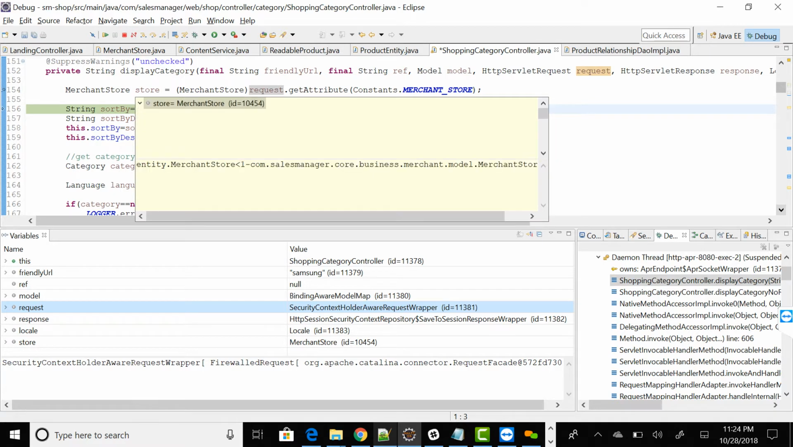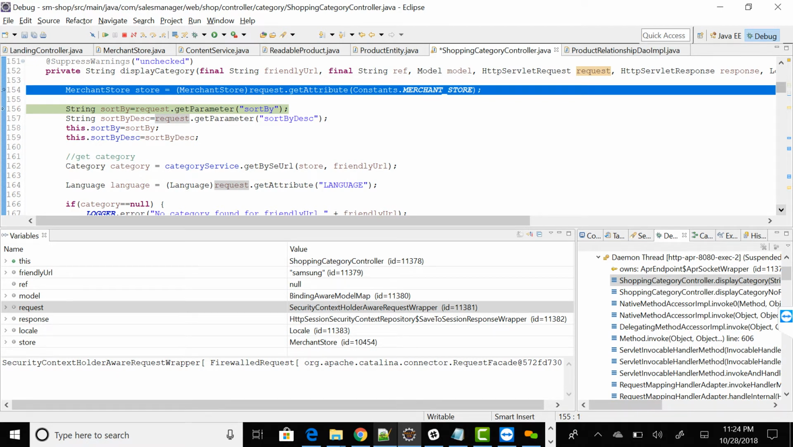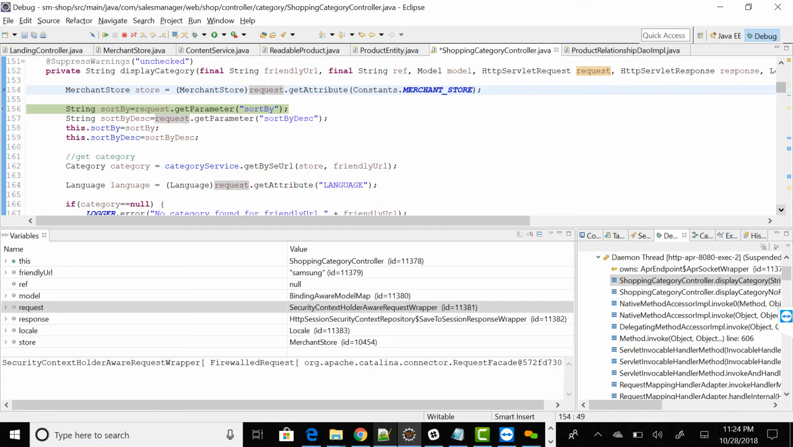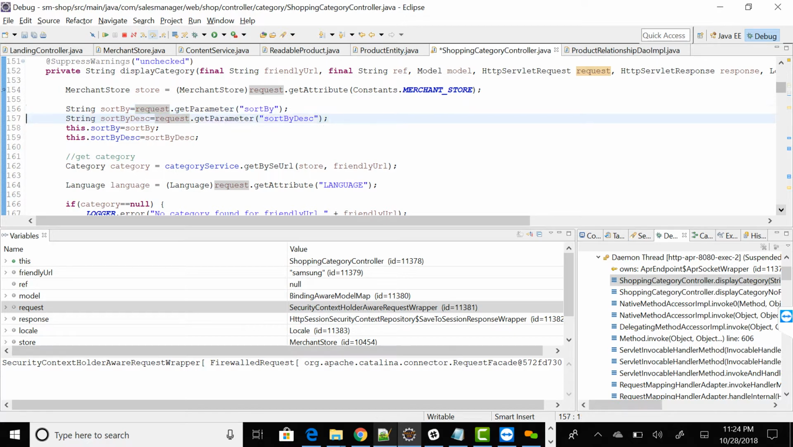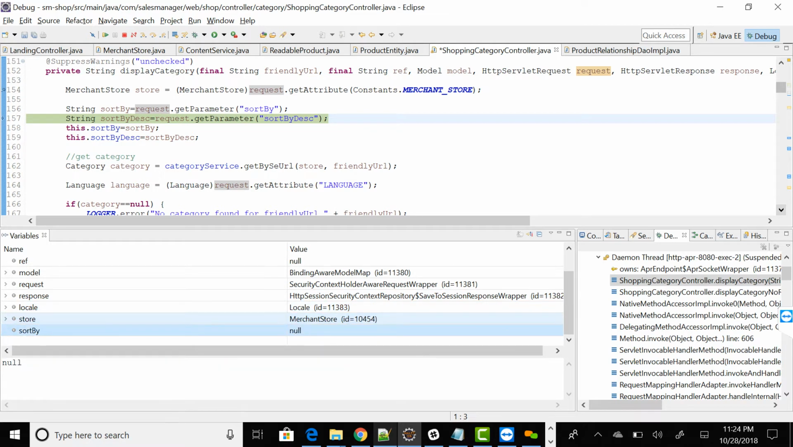What happened here in the store? There is a store object coming in from the request. Then request.getParameter sortBy is called, so we are passing this as a sortBy parameter from the UI. SortBy may be null, because I don't see any parameters coming. Yes, it is null,